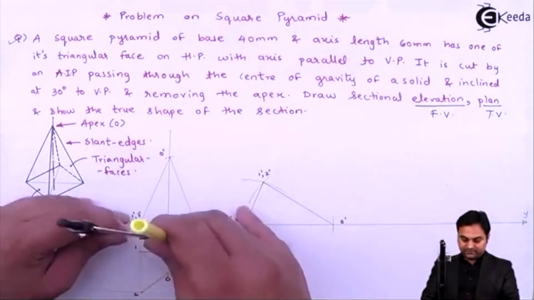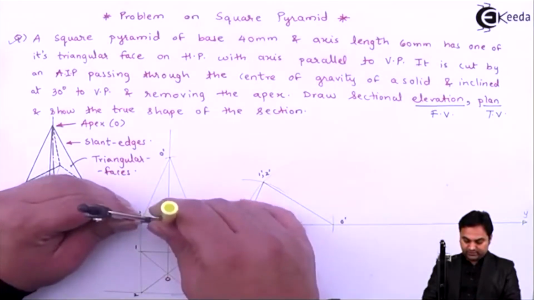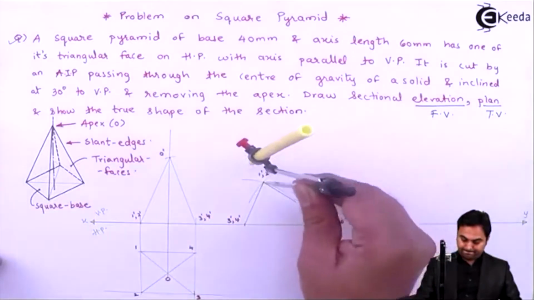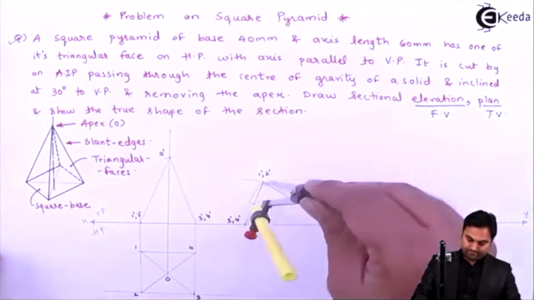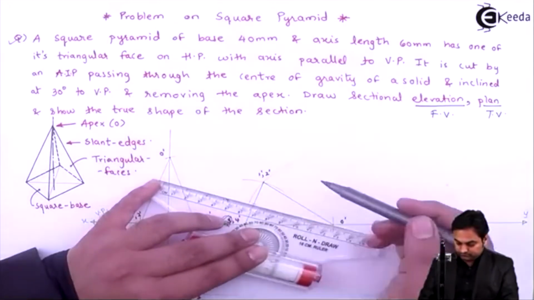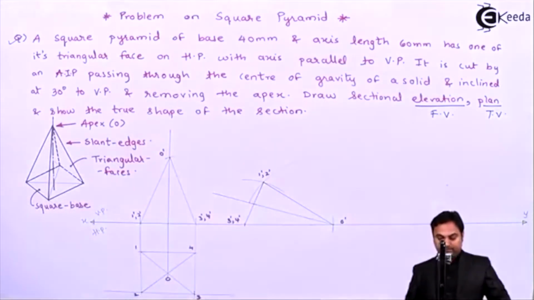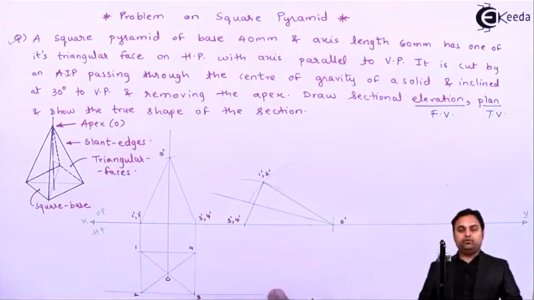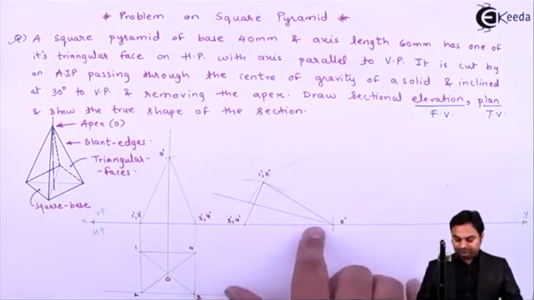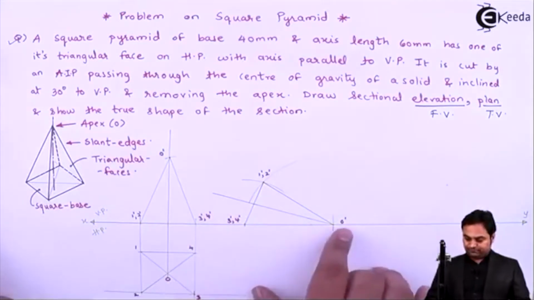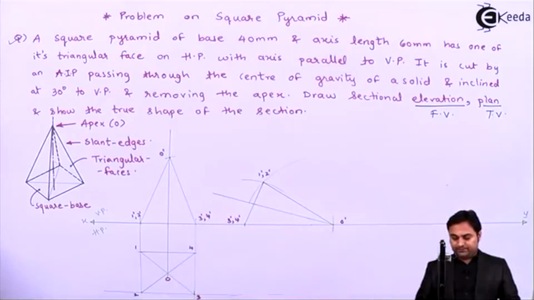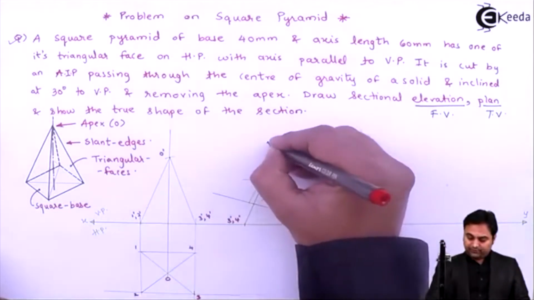For the axis from 1 dash 2 dash to half. This will indicate the axis. Then this is the front view of that pyramid which is lying on its triangular face O dash 3 dash 4 dash in HP. Now looking from top,